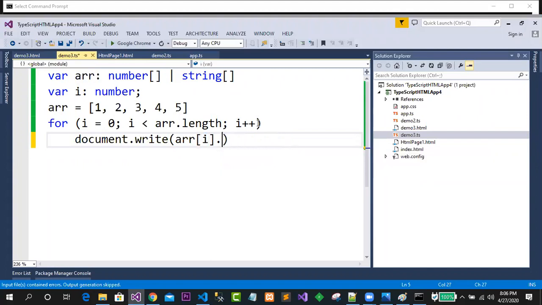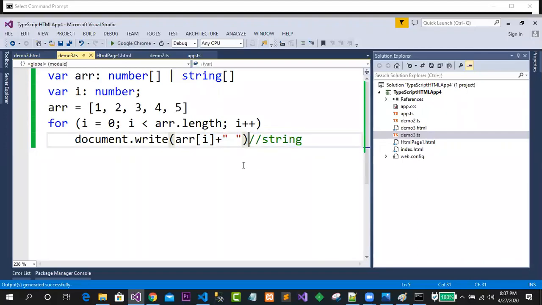Or if you're not writing toString, you can also go for something like this. Suppose you are giving this space, there is no error. Why? Because a number concatenated with a string becomes a string. Clear? It became a string now. So there is no requirement of writing .toString here. Simple concept: once you have concatenated this, it means your value has been converted to string.